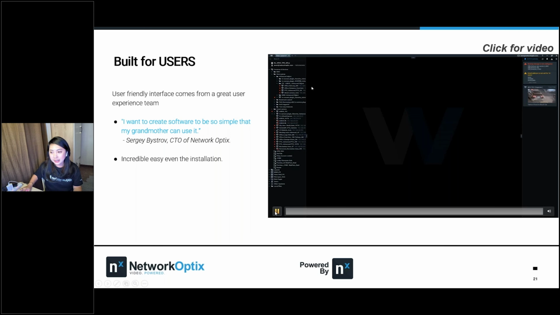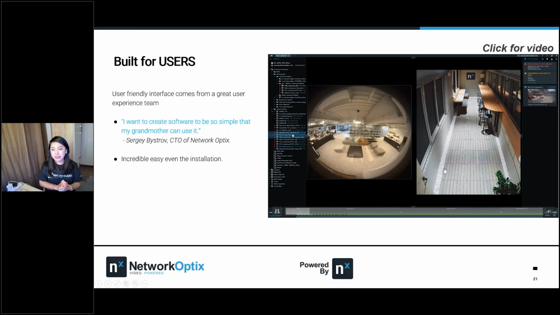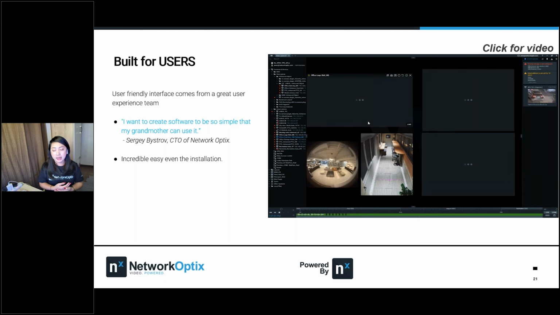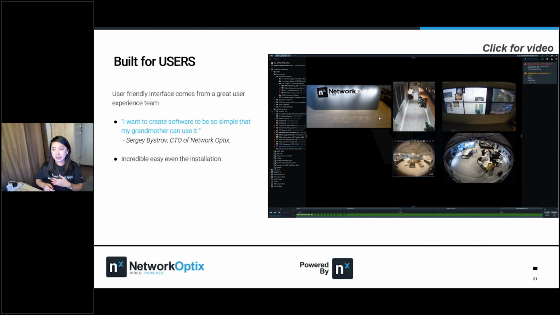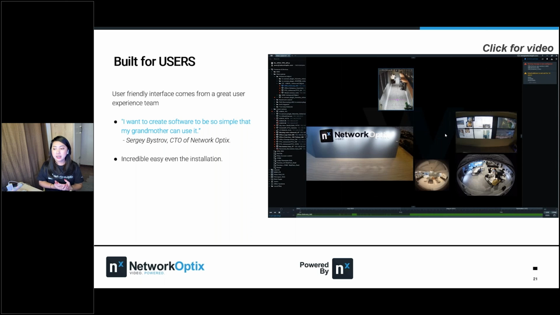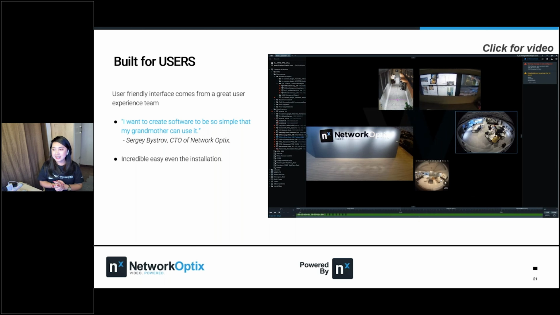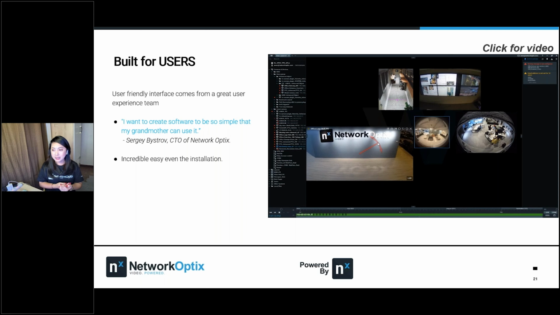We have the Nx Witness. As you can see, the user can select a random camera and then just drag and drop it to the layout, and then place it anywhere he likes. He can resize the cameras here and rotate the camera.